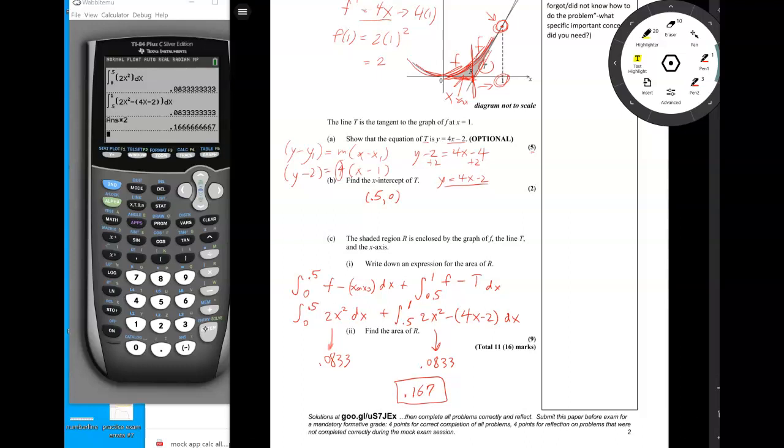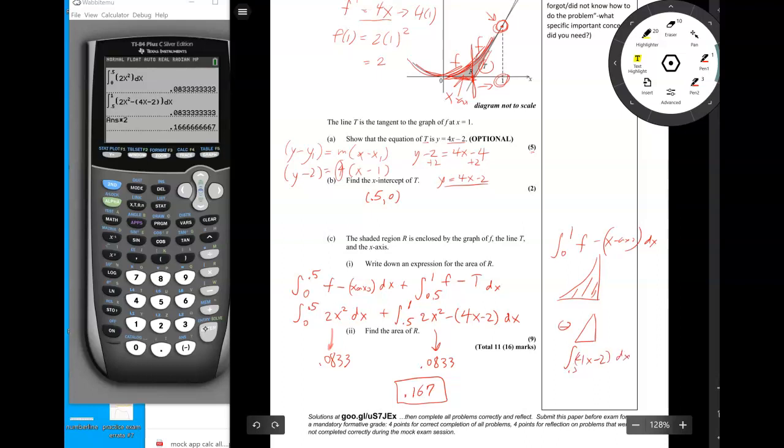The other way you could chop this up is you could say, okay, I'm gonna do the entire parabola. I'm going to ignore that white triangle, and then afterwards I'm going to subtract the white triangle. So what you could do is say, I'm going to do from 0 to 1, and I'm going to do f minus the x-axis. The x-axis is just 0. And then I'm going to subtract the triangle, which would just be 4x minus 2